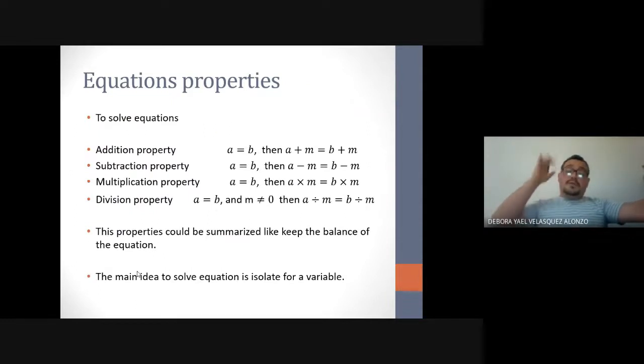Here we go with another set of properties that will help us to solve equations. So remember that an equation is a statement that uses the equal symbol. Then we have inequalities, and I think we already studied a little bit of inequalities. If you understand how to work with equations, working with inequalities is almost the same, just that instead of working with the equal, you may work with greater than, or greater than or equal to, or less than, or less than or equal to. So here we have the first property of equations,